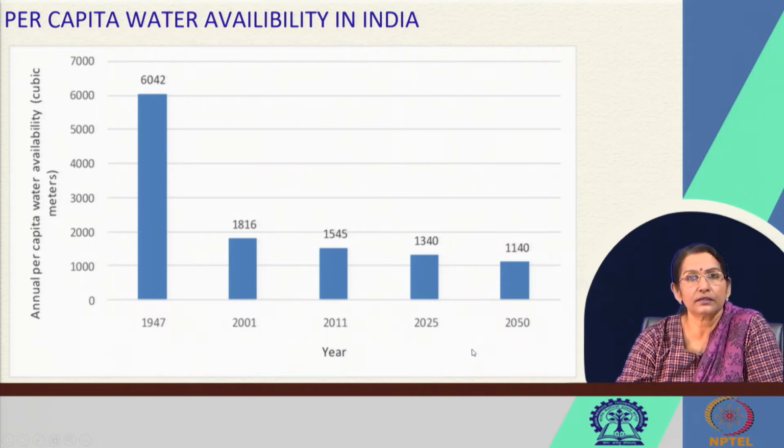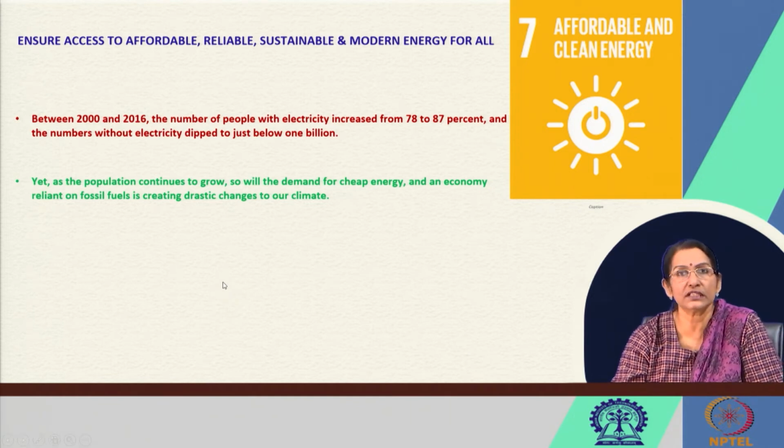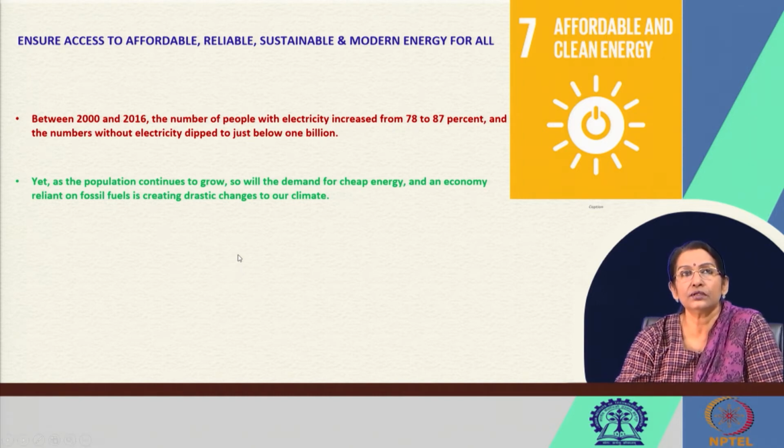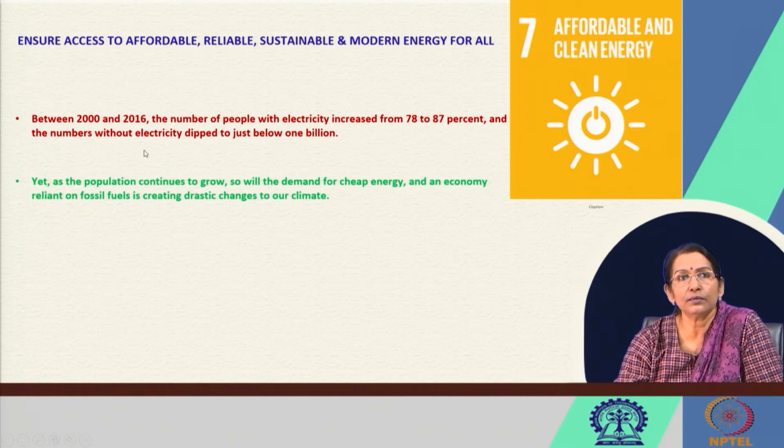Then the next sustainable development goal is goal 7, that is for affordable and clean energy. So, how to ensure access to affordable, reliable, sustainable, modern energy for all. Again, all kinds of pollution, air pollution, and to some extent water pollution and other kinds of pollution, are happening because of